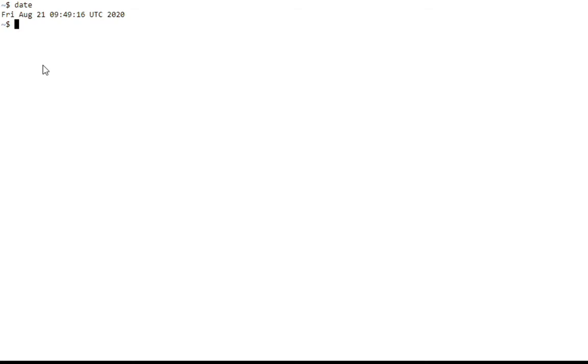Even this date command has some format options, like --date, which will be used to display the given string in the date format. So I have to use the option double dash date, then equal to, and I am going to give the date in the number format, 2/2/2020. So here it is going to display that the weekday of that date will be Sunday, the month will be February, and the year will be displayed. You have given the input in the number format, and it is going to display the output in the string format.